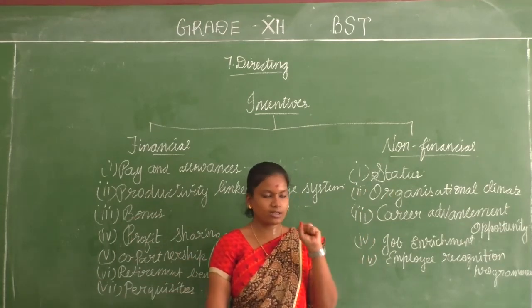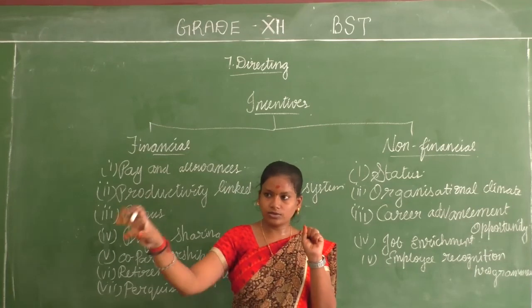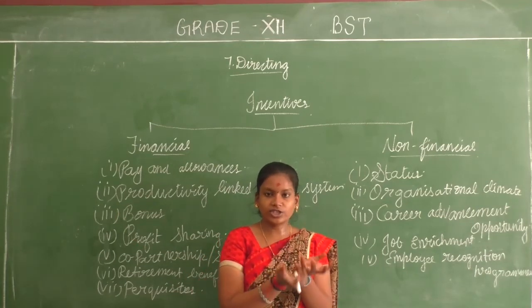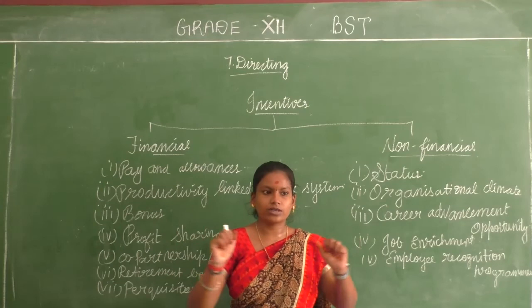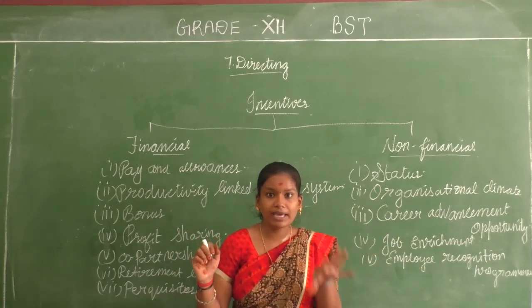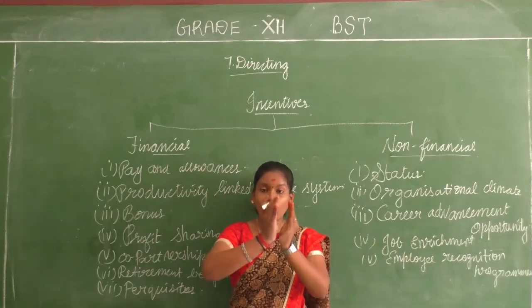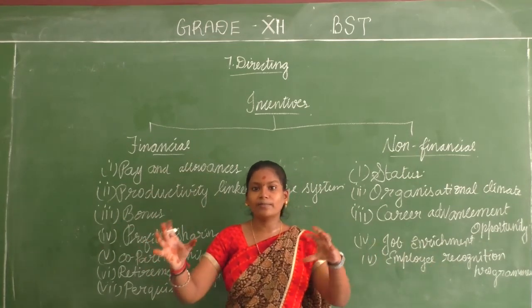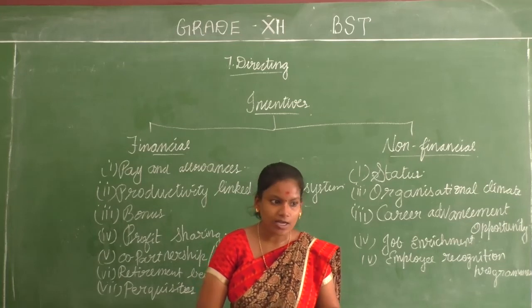So one from production, one from marketing, one from HR, one from finance. Each department names one best employee from their department. And finally the organization decides the best employee of the month from these four. So your best employee